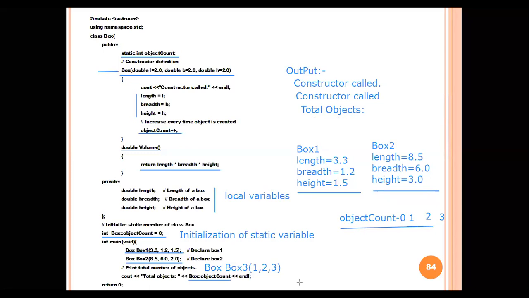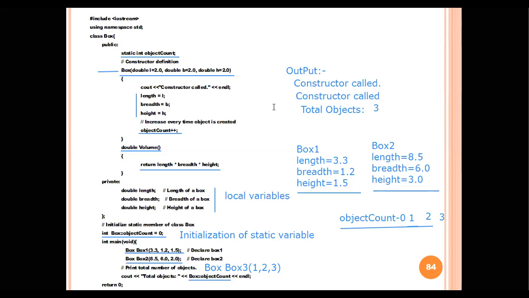We have not used an object to access it. That static variable is directly accessed with the help of the class name. Box is the class name, and with the scope resolution operator we directly access the static variable. So which value will it return? 3, because we have created one more object. Clear? So this is the output of this program.